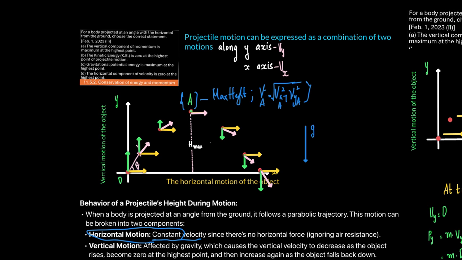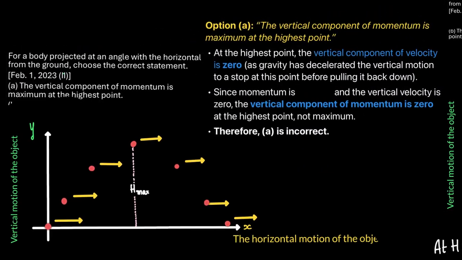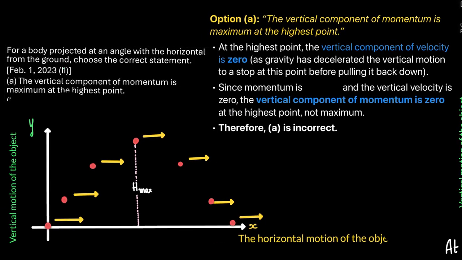So statement 1 says the vertical component of momentum is maximum at the highest point. Now, again, if you are new to this topic, or if you feel that you need a recap, please make sure that you make a note of these things. So, for statement A, the vertical component of momentum is maximum at the highest point. See, at the highest point, the vertical component of velocity is 0, right? As gravity has decelerated the vertical motion to a stop at this point before pulling it back down,